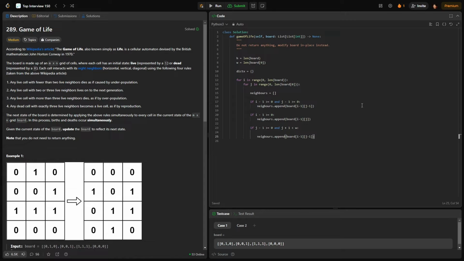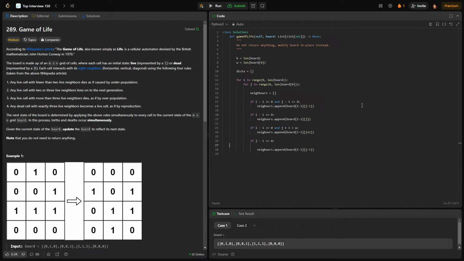So in that case our value would be i minus 1 and the other would be j plus 1. Now for another condition, if j minus 1 is greater than or equal to 0,